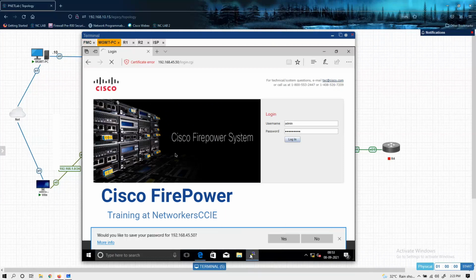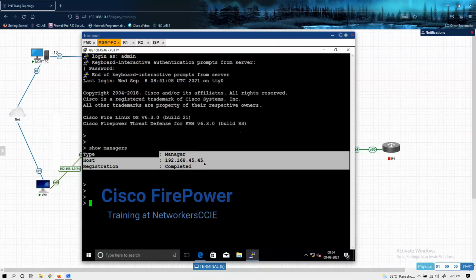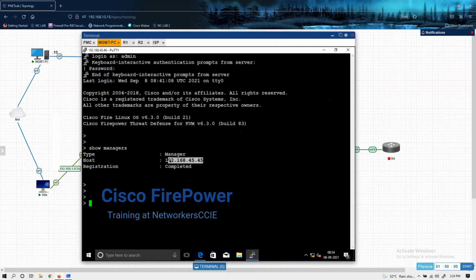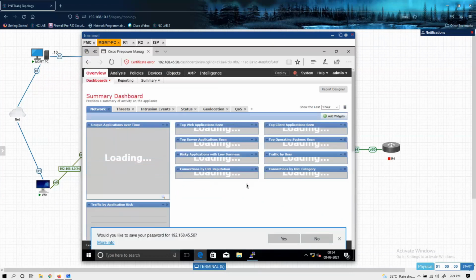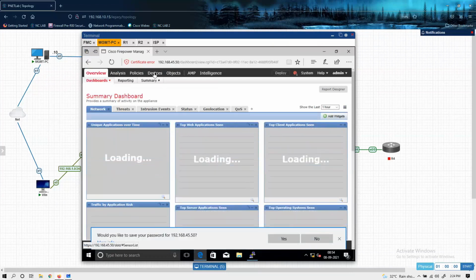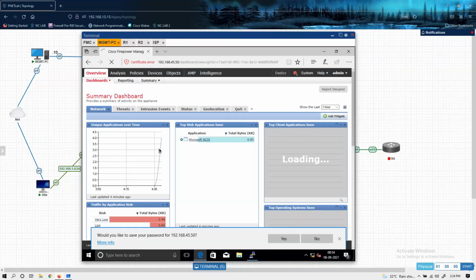Here it is showing registered, registration completed, but actually we have changed IP address of FMC. So I will delete this registered manager and I will register with the new IP address. Now, if you want to deregister your FMC with the FTD, then you have to do it via FMC first of all. Here in FMC in devices section, yesterday I registered FTD, right? In device management. So from here, first of all, you need to delete the registered FTD and then you will go to FTD CLI. You will run configure manager delete.